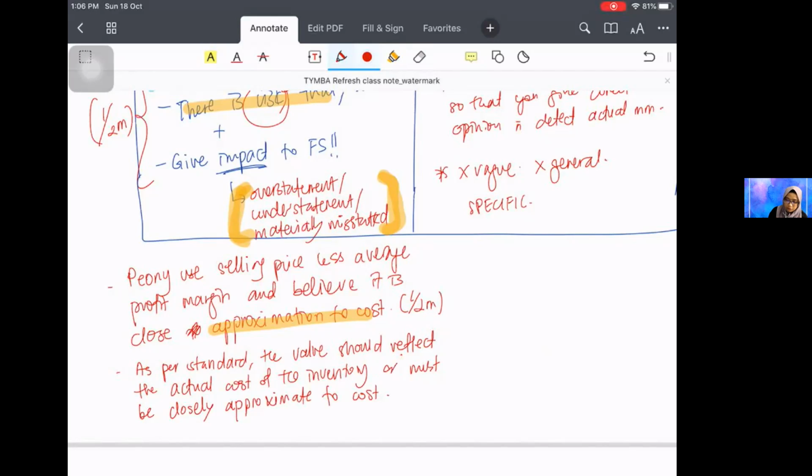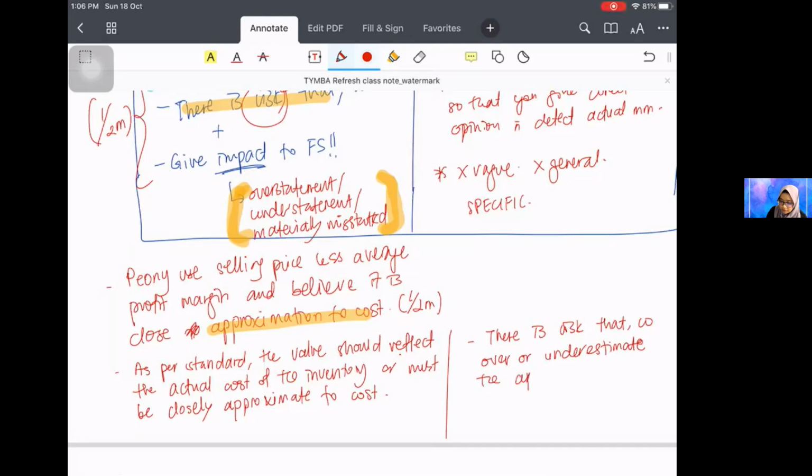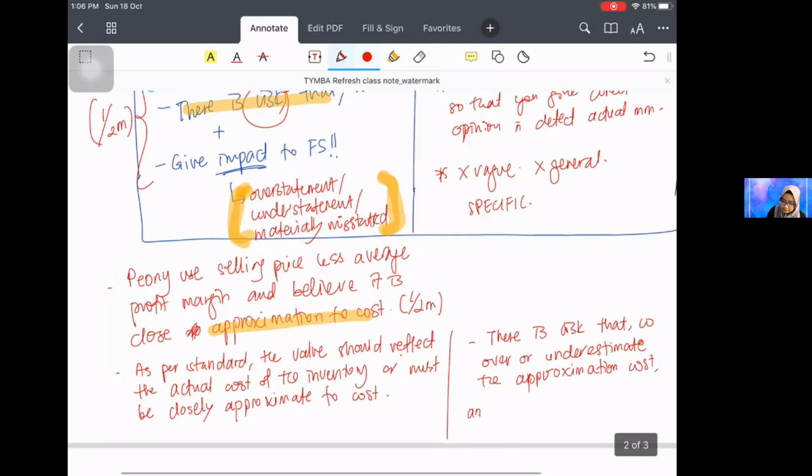Okay, so you terus kepada there is risk that. So when we talk about approximation, kita kata tadi inherent risk ataupun they can over or underestimate. So there is risk that company over or underestimate the approximation cost, comma and hence